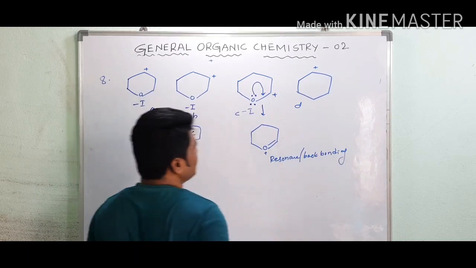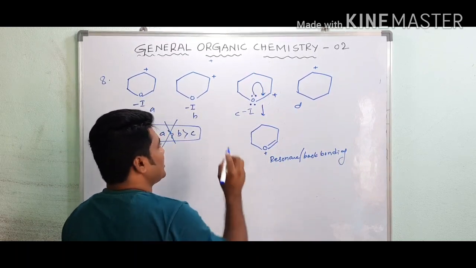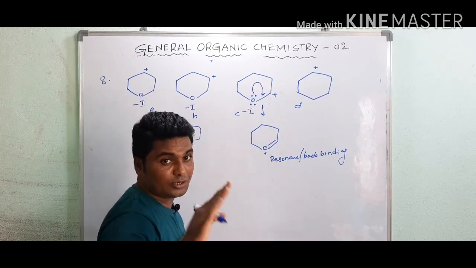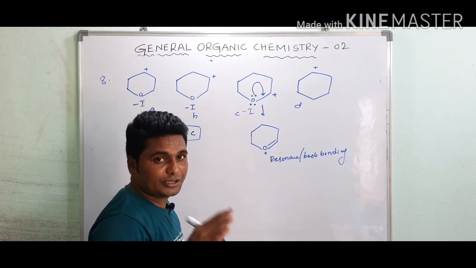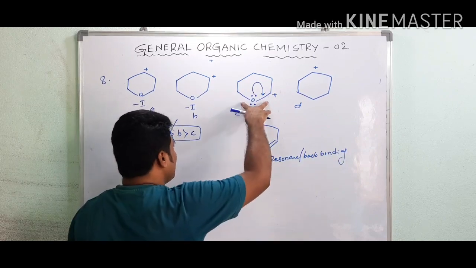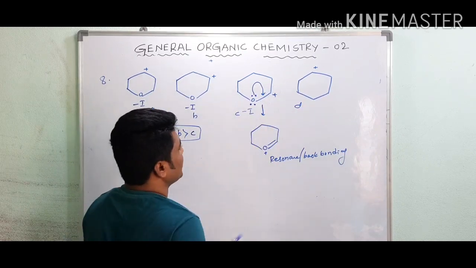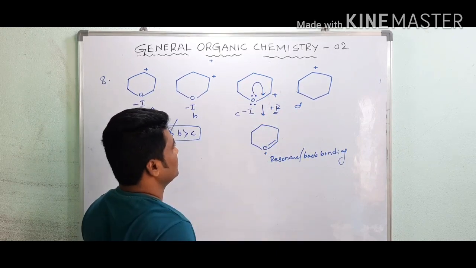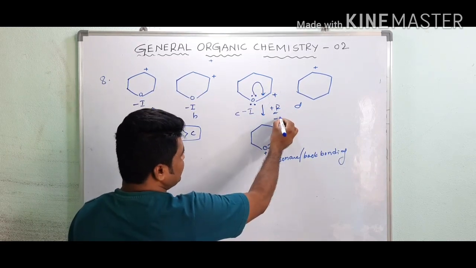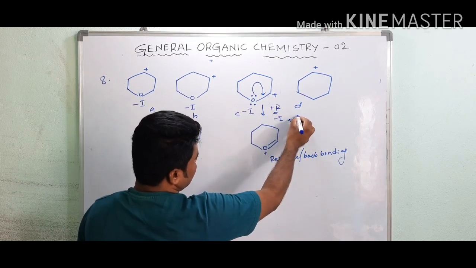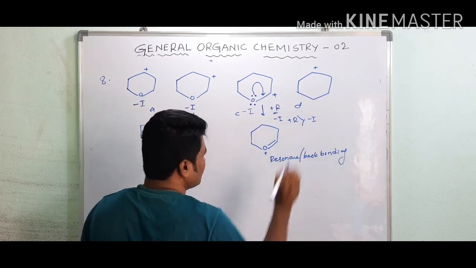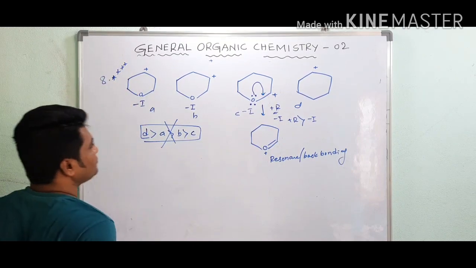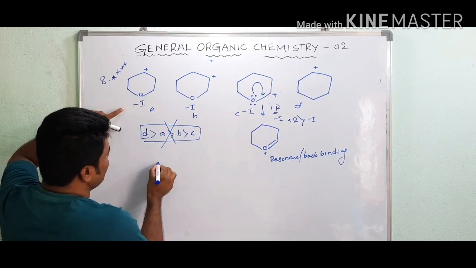Okay. So when a lone pair is present adjacent to a carbocation, we have to consider resonance, and we know that resonance dominates even hyperconjugation and the inductive effect. So this is the most stable out of these 4. And here, resonance means plus R. This is more stable. Even though minus I is there, positive resonance dominates the inductive effect. Okay, this is also very important, you have to remember this one. So A, B, C is now more stable.